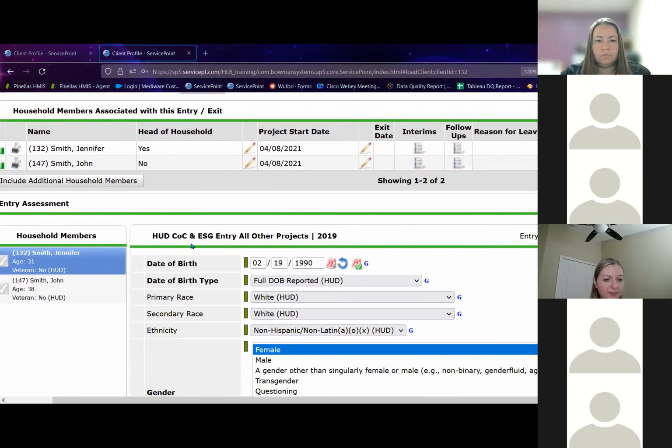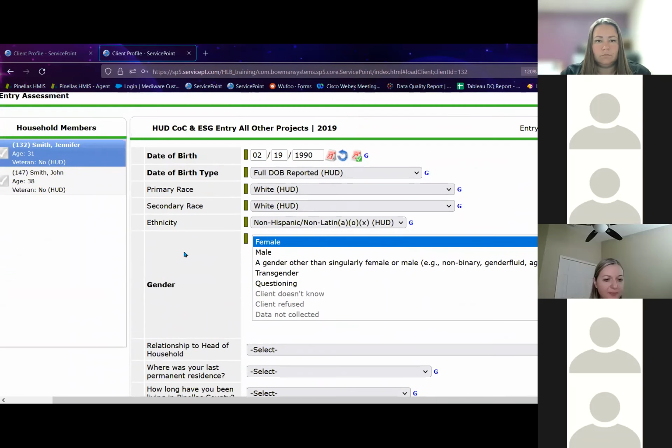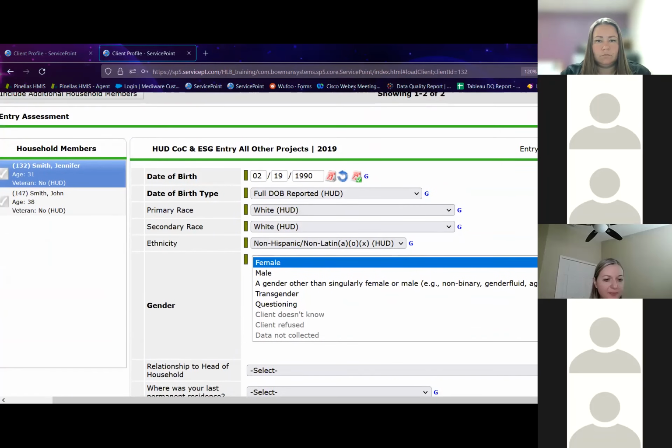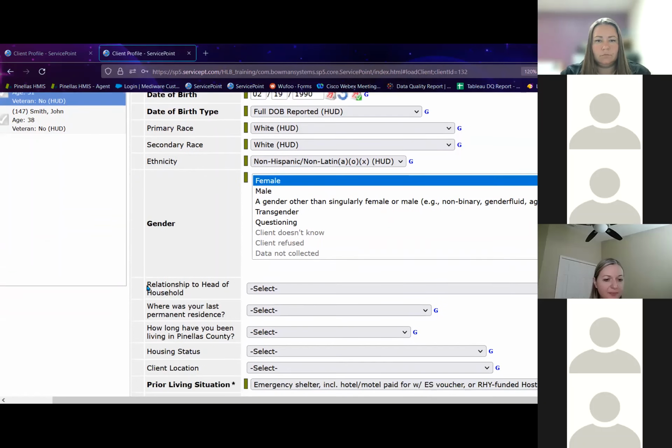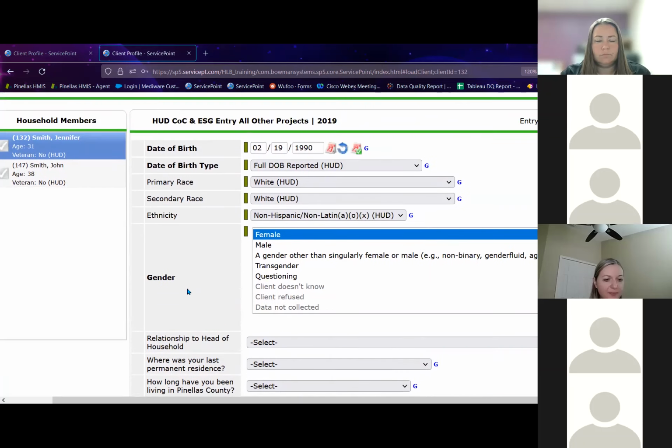So let's go inside the entry. Okay. And the next thing I want to talk about is this relationship to head of household field. It's on every single profile's intake assessment, and starting, I believe, this fiscal year, this field is going to be a requirement for every single person in the household, so you won't actually be able to leave the screen without answering it. One thing to keep in mind is there should only be one head of household identified for